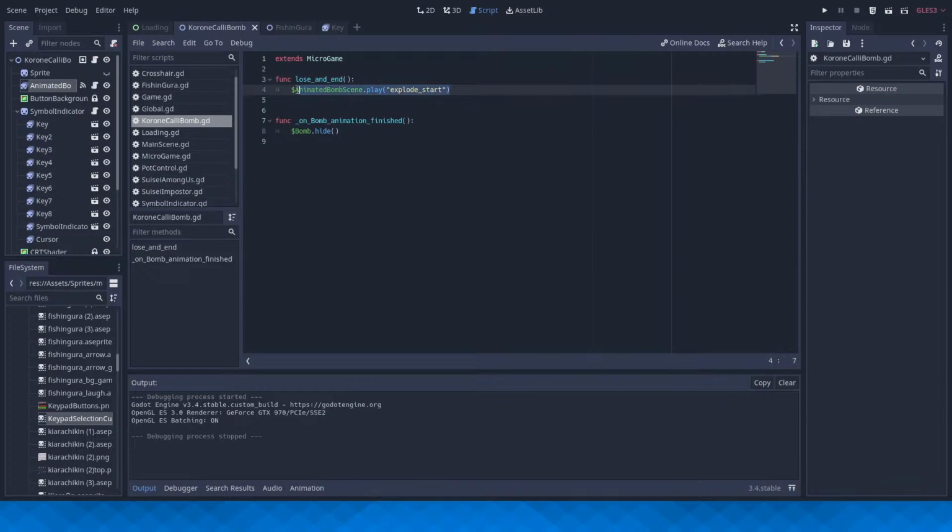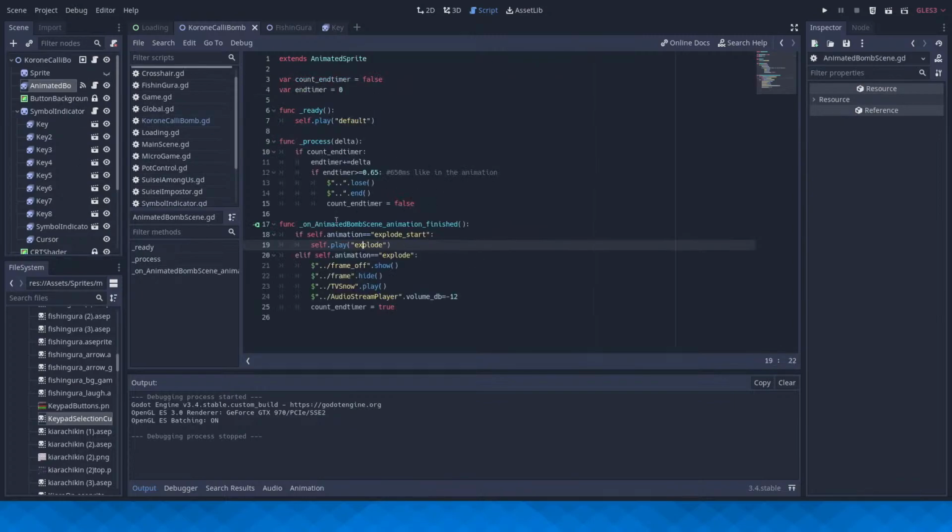So, animated bomb scene play, explode start. I am going to put a print statement here, actually. Print, oh wait, print debug, "hoo-ha", and I am going to start the game.